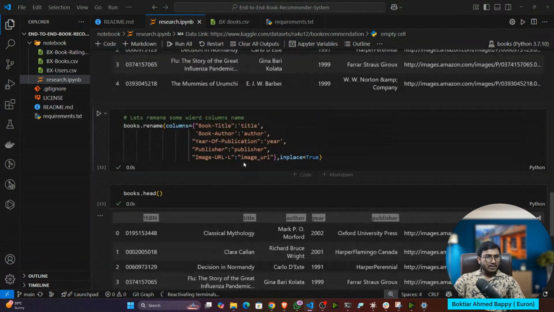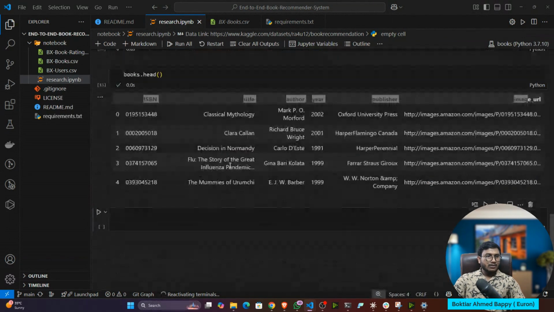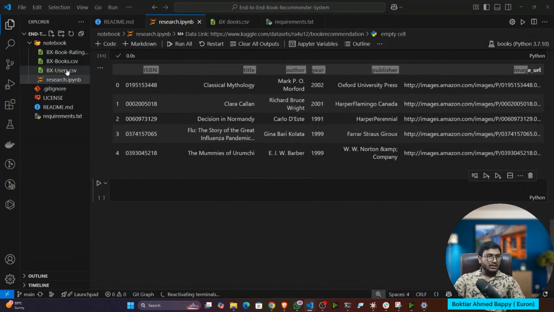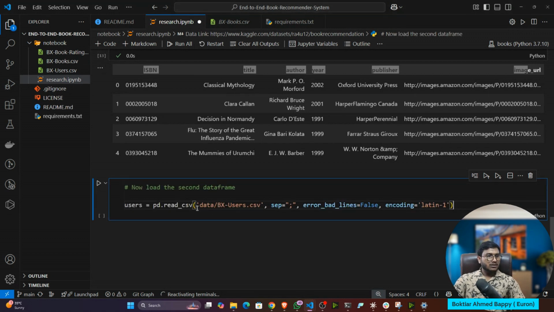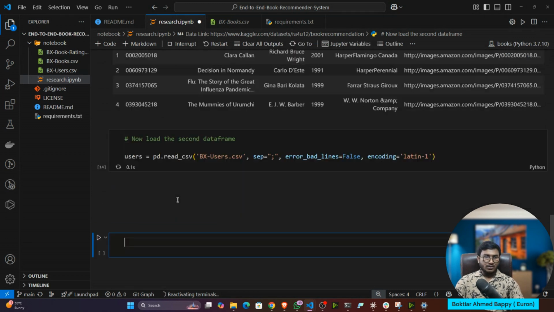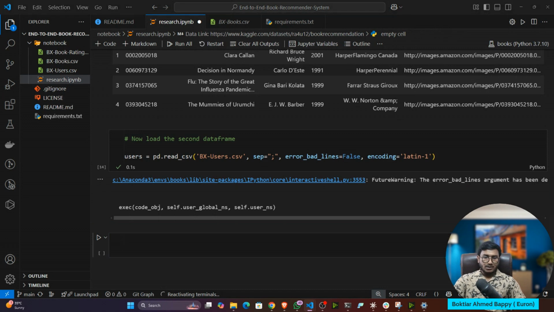Okay, so my book data is sorted. Now I will load the next data, called user.csv. Okay, this one. So this is the code. Again, I'm using the same thing. You can see I'm using pd.read_csv. Then I'm giving user.csv, separator semicolon, error bad lines false, and encoding equal to Latin 1. And I'm calling this particular data frame user, because it's user information. Now let me load. Now if I show you user.head,